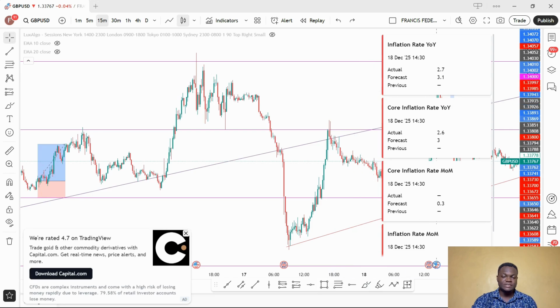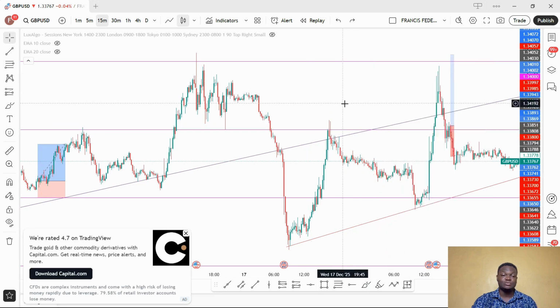So during this event, I typically like to stay out of the market and just allow it to play out. In fact, during any economic event, if I'm not already in the trade, depending on the economic event, I always like to just sit out and allow it to pass before I take a trade. And that was what I did, and you can see it just pushed the price all the way back up,